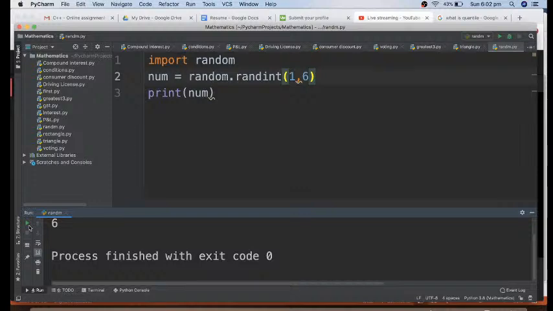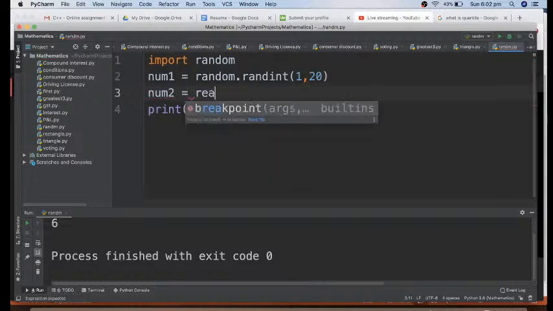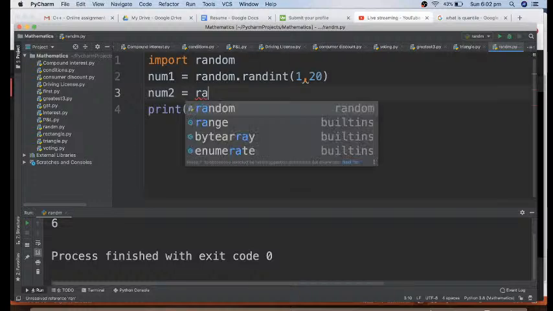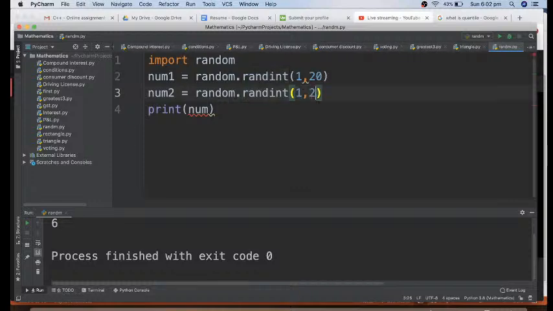So if the random number generated is 1, I should ask the user to add the numbers. If the random number generated is 2, I should ask the user to subtract the numbers. 3, multiply, 4, divide, something like that. So how am I going to do that? So first of all, I need two random numbers on which I have to operate. So I take random 1 and I want the random number to be within the range of 1 to 20. Same way, I generate another random number which would again be from 1 to 20,